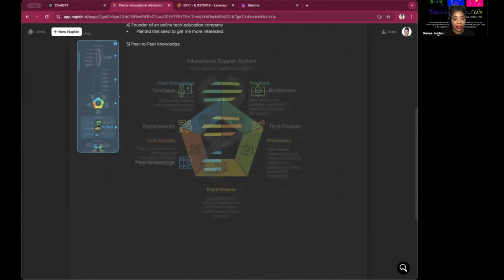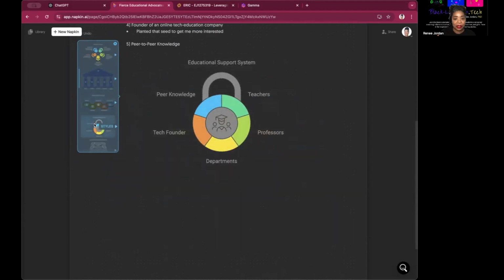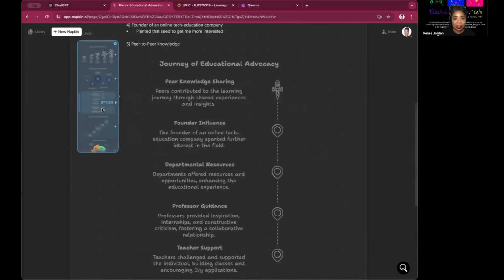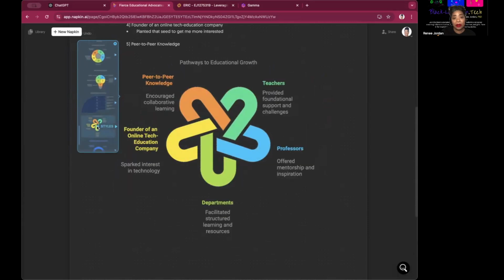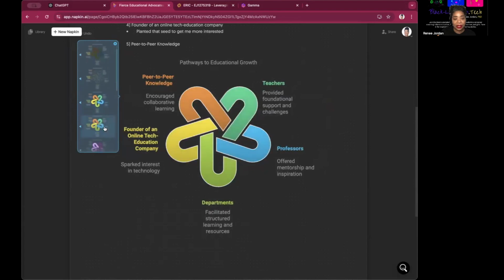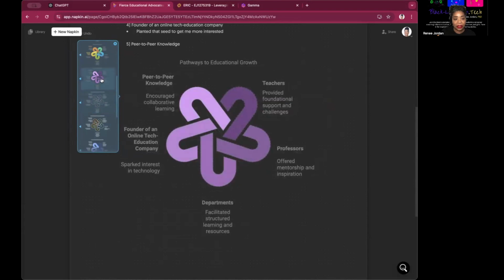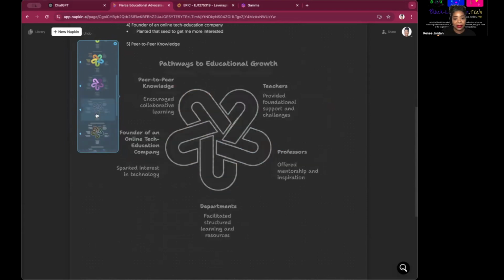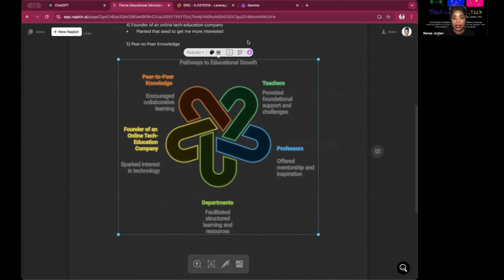Here's another way of viewing it. Another way, just scrolling through. So you have all of these options. And let's say that I've decided that I want to go with one that was presented earlier. Or let's say I wanted to go with this one. I can go with this one and I can change the appearance of it in terms of the font and the colors. And even after I select the font that I want to work with and the colors, the style, if you will, I could still go in and make edits.